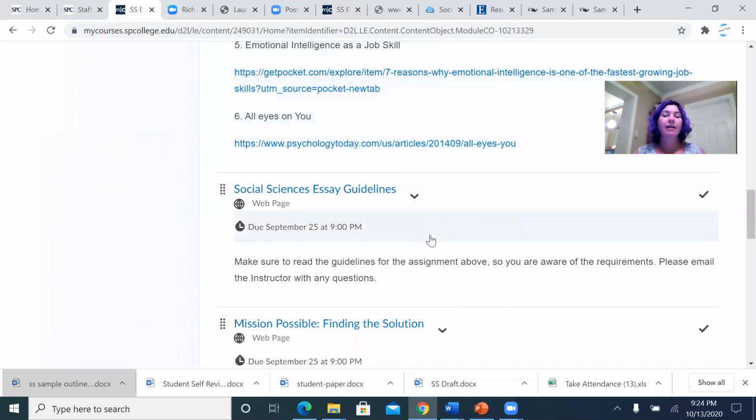Also in the Explore unit, we discussed the guidelines of the essay. The guidelines are that this is a problem solution social science paper. The problem should be narrowed and regional or localized as much as possible so that it's able to be addressed in the 600 to 800 word expectation. The 600 to 800 word expectation only applies to the 4 main paragraphs of the essay.